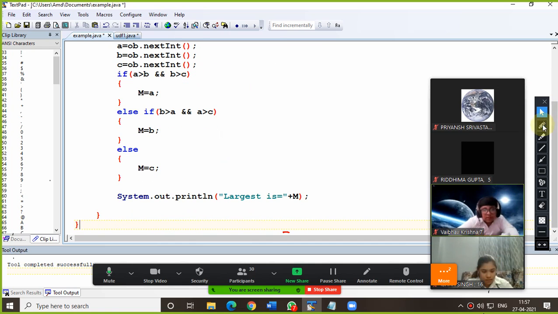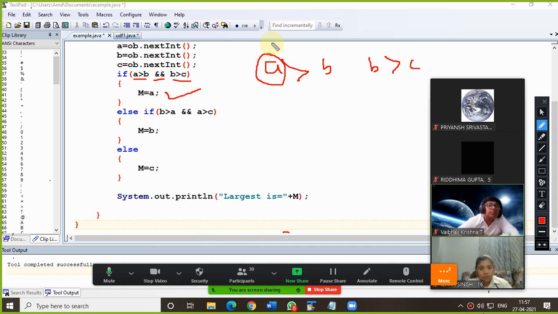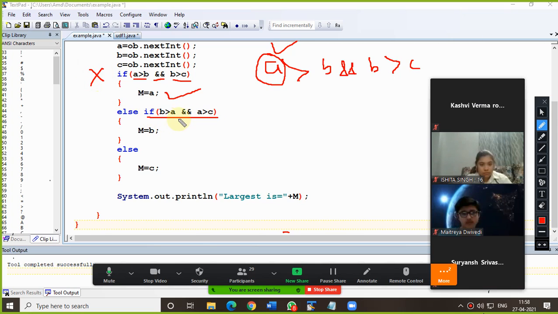Now here you can see, if this condition is true, at the same time we are using the logical operator AND. That means if both the conditions are true, then it will execute. If A is greater than B and B is greater than C, that means this one is the largest one. Am I clear on this? And now if this condition is false, then automatically we come to this one.